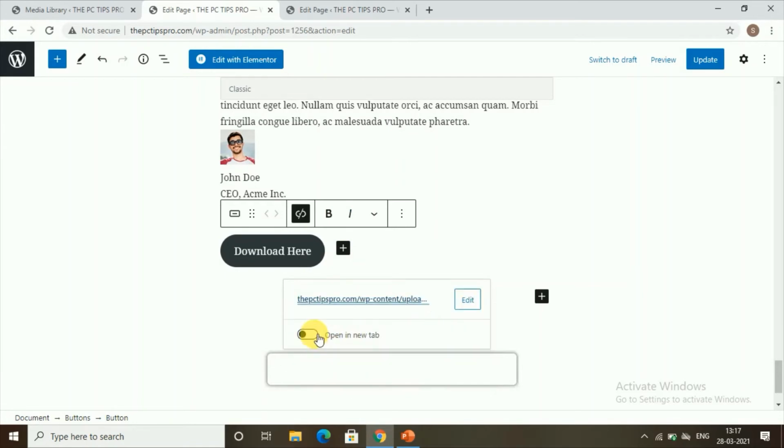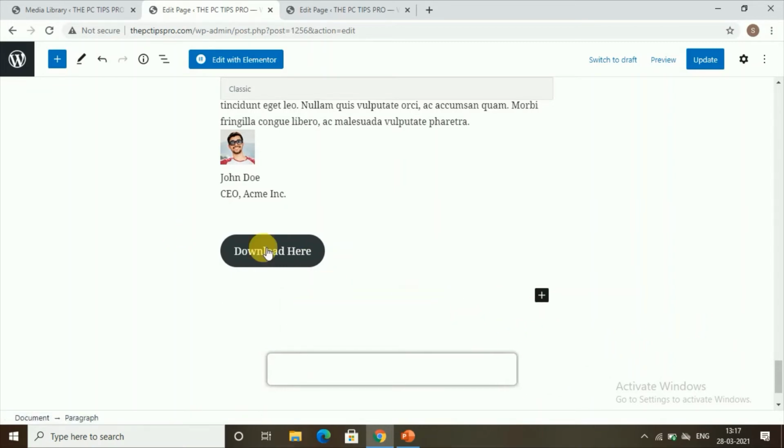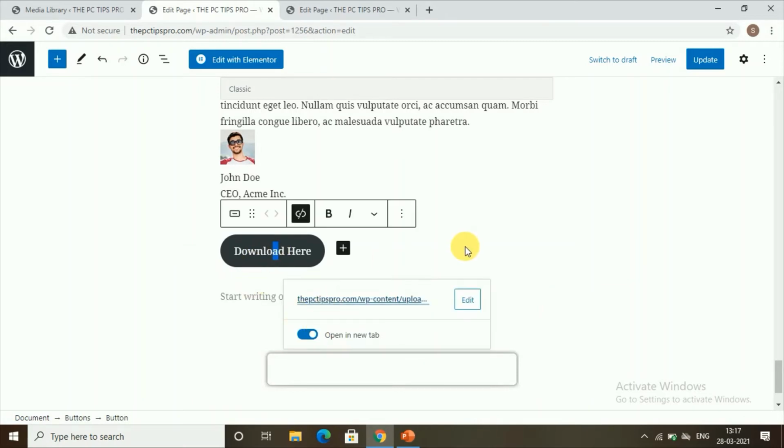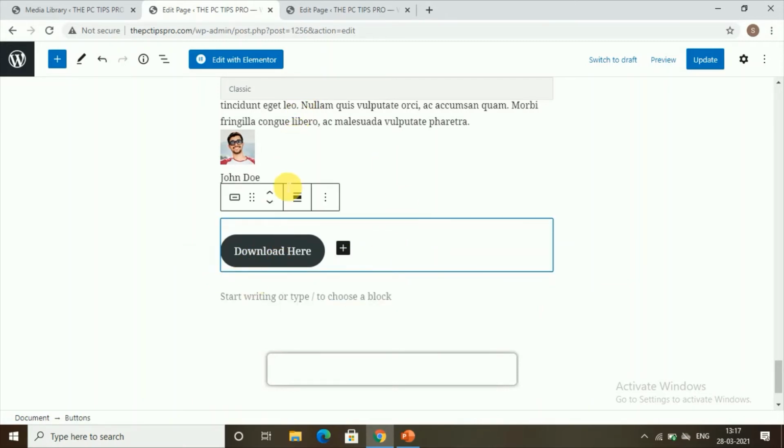And if you want to open this download this file in a new tab, check this option, and then we are all done. So now you have successfully added a button to your WordPress website, where the visitors would download the particular file that you have added in this media library.